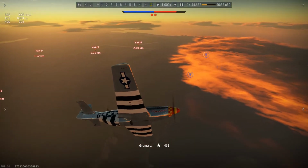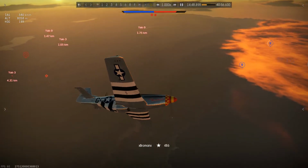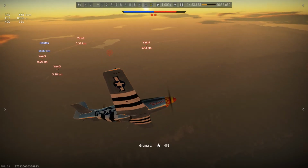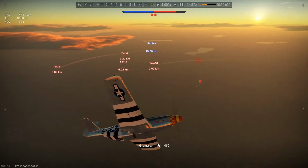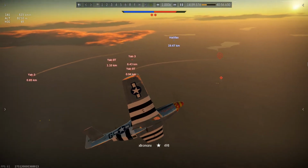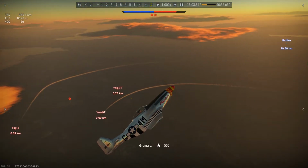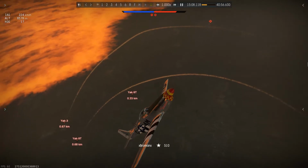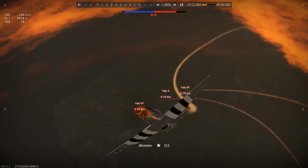The real key to the maneuver is you maintain a high speed while you're turning, right? If you notice my altitude here, I'm not really climbing so much. It's just my turn. As long as I know that they're having to climb up to me, right? I'm above them, so I don't have to climb. But they're having to climb up to me because they start off below me, and then once they get within anywhere from 0.6 to like 0.8 kilometers,